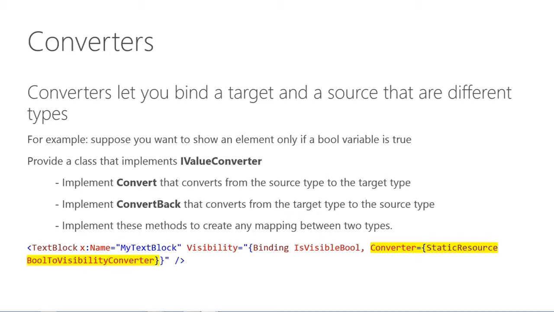You also might want to use a data converter, when you bind a target to a source that are different types. For instance, if you want a control to be visible or invisible based on whether a property in your data source is true or false, you can't use that in the Visibility property, because Visibility requires the Visibility type. The way you get around that is by defining a value converter: defining a class that implements IValueConverter,